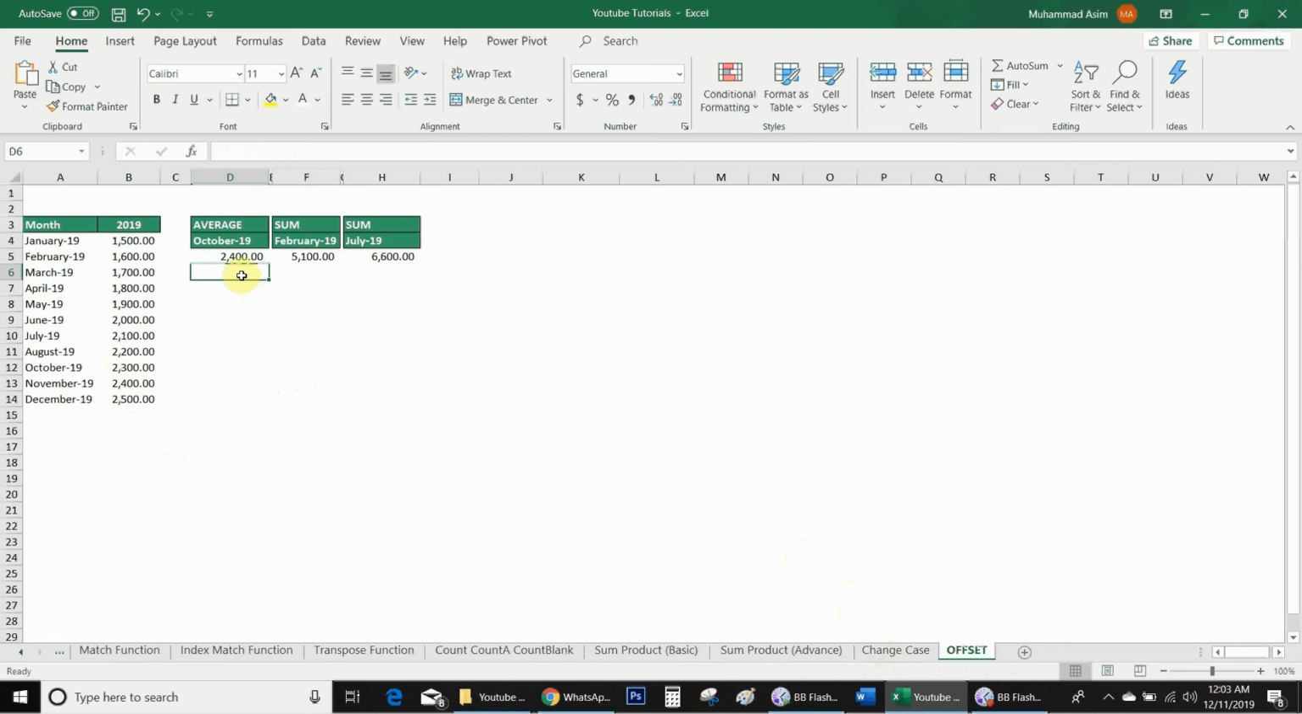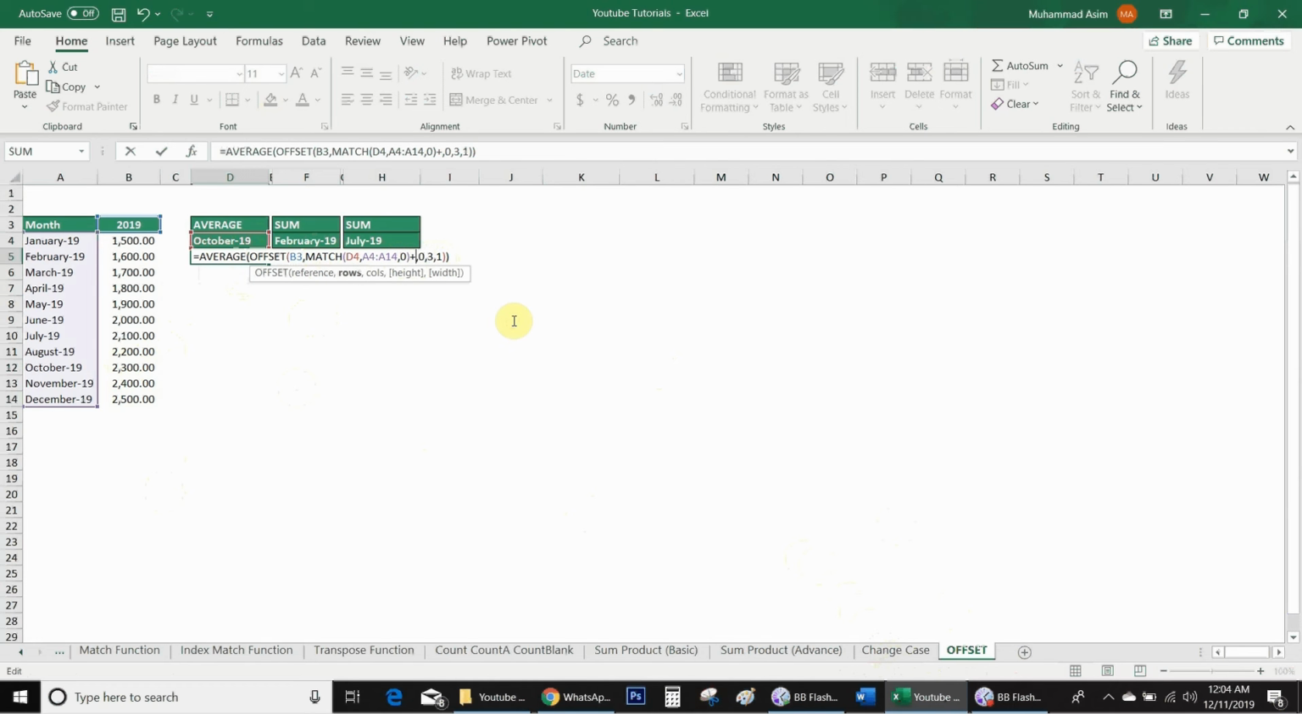In this scenario, Excel calculates the average starting from the same month which I have selected from here. For example, here I selected October 19. So Excel calculates the average starting from October, November and December. But if your requirement is that you don't want to consider October 19 and Excel should calculate the average after October, then you have to edit this formula and use +1 with the match function